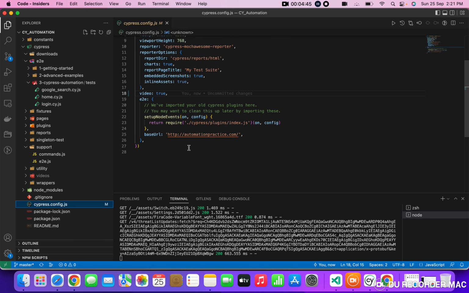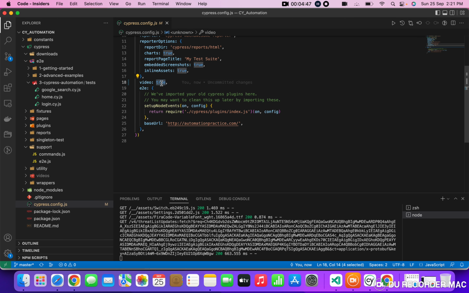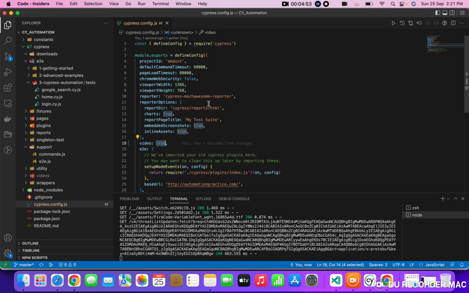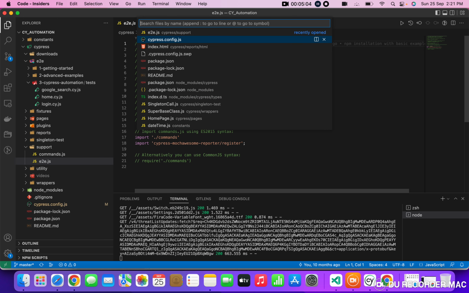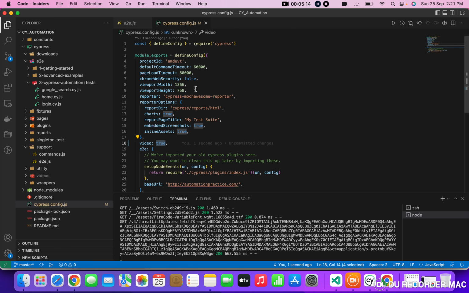In this, we just enabled the video to have the video available on the dashboard execution. That is one change I made. The other is in cypress.config.js.